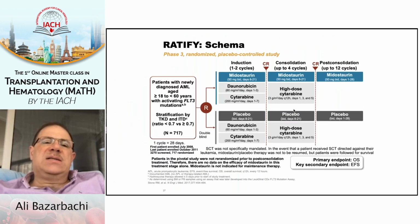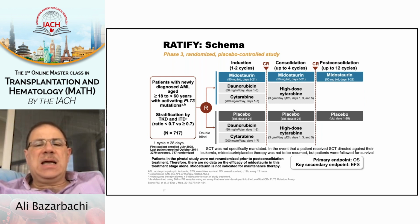So you know about this RATIFY study, which is a very large phase 3 randomized placebo-controlled study, including patients with newly diagnosed AML, aged more than 18, less than 60, with activating FLT3 mutation. Patients were stratified by having either FLT3 TKD or ITD low allelic ratio or high allelic ratio, and randomized to 3+7 induction with daunorubicin and cytarabine with either midostaurin or placebo, then consolidation with high-dose cytarabine with midostaurin or placebo, and then post-consolidation maintenance therapy with midostaurin